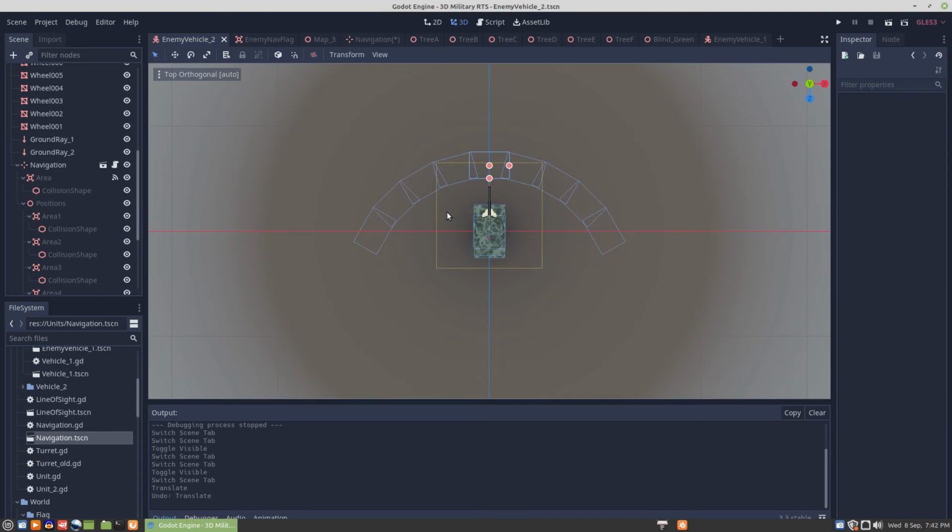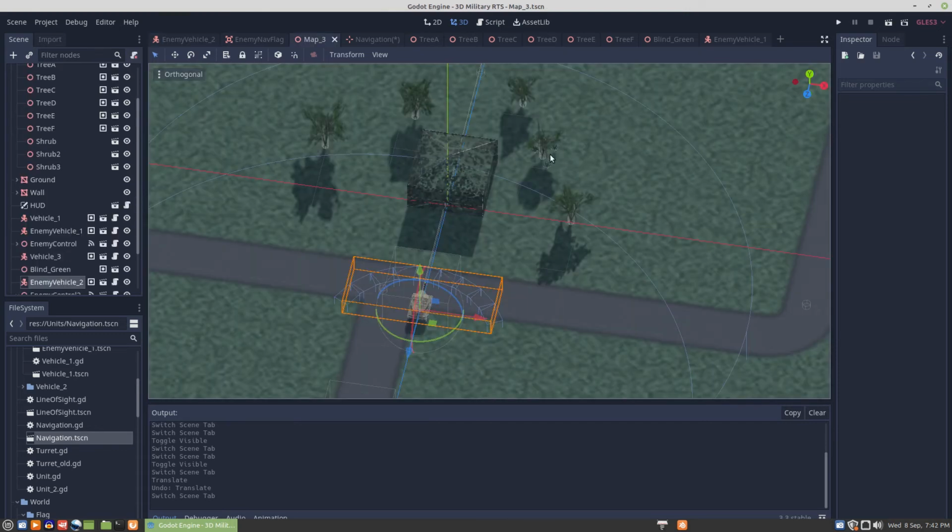So far, I haven't had any issues with that, and it would really depend on how I built my map. But if I wanted more trees closer together and wanted the vehicle to be able to navigate a bunch of trees,